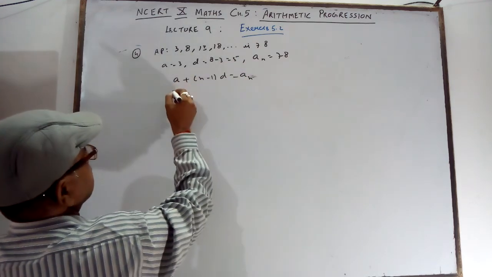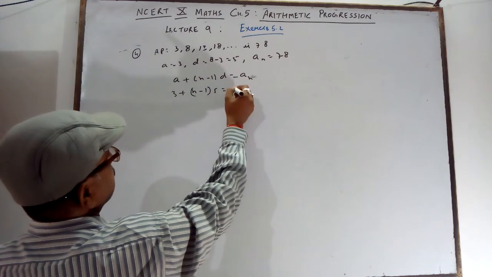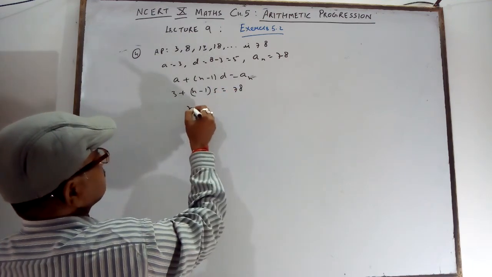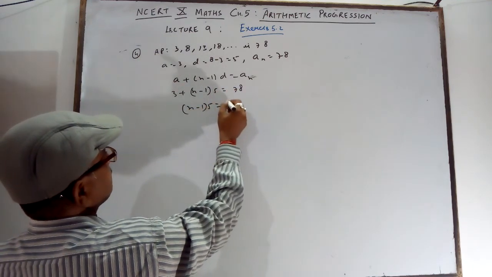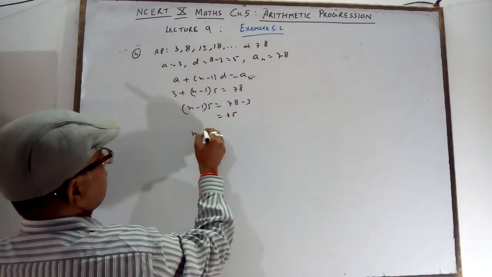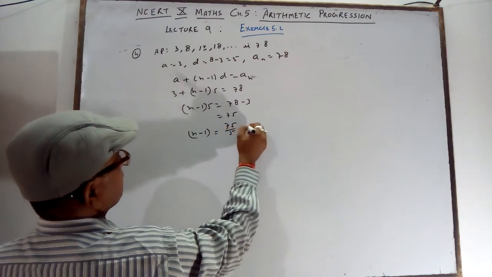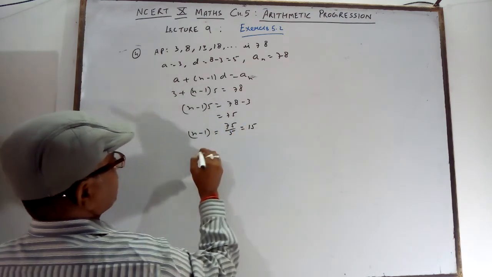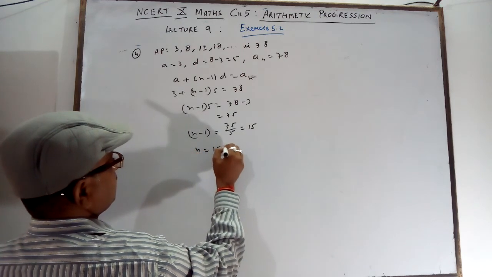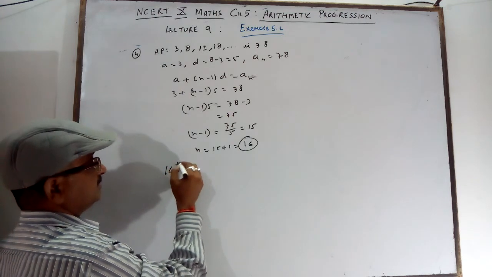Put the values: 3 plus N minus 1 into 5 is equal to 78. So N minus 1 into 5 is equal to 78 minus 3, 75. So N minus 1 is equal to 75 by 5. 5 15s are 75. So 15 plus 1, 16. The 16th term is